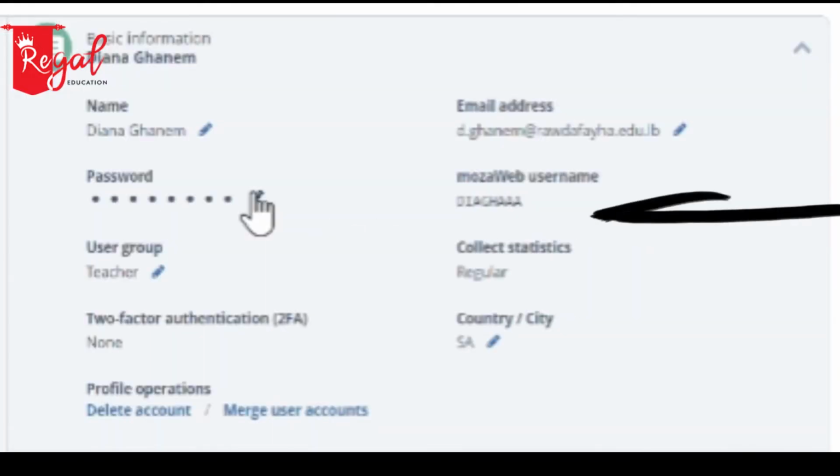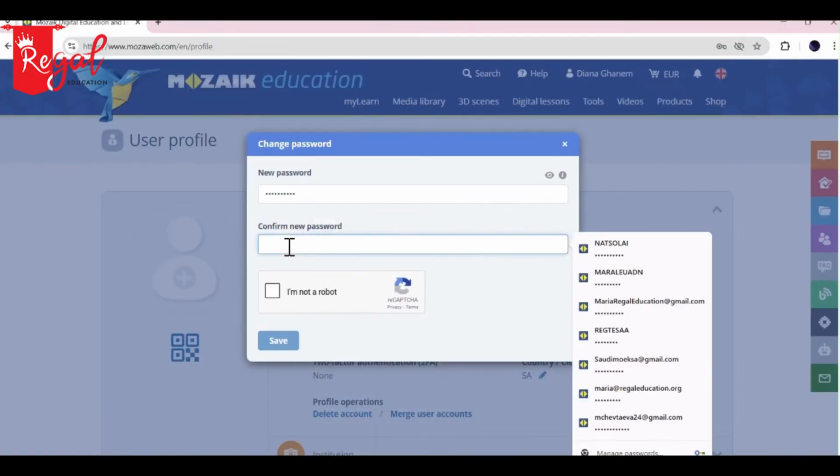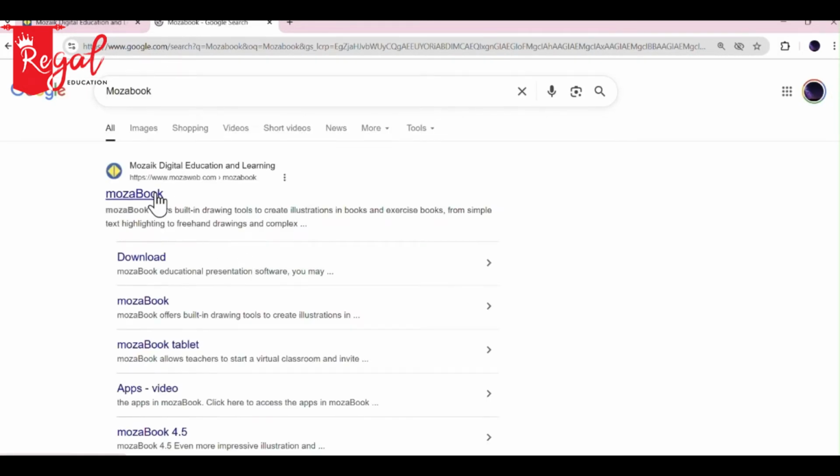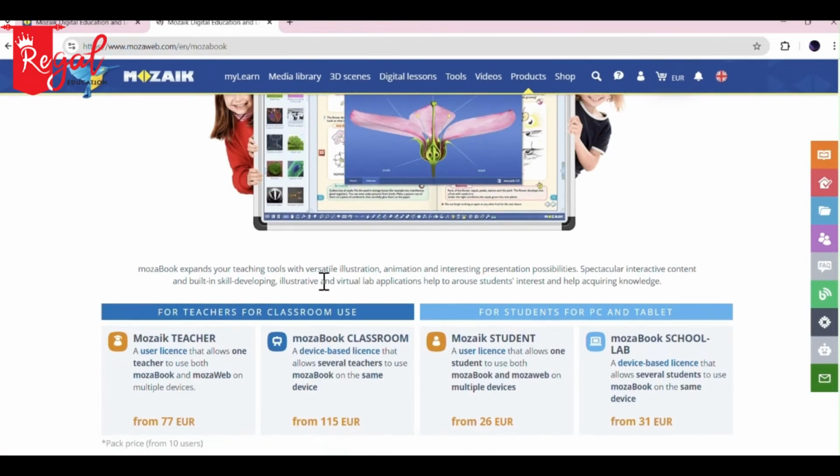MozaWeb username: an anagram of your first and last names. Password: any password can be set. Recommended: Regal at 2025. Step 3, download the Mozabook application. Go to the related store, Apple or Android, or type directly on